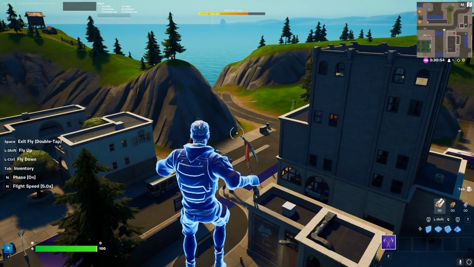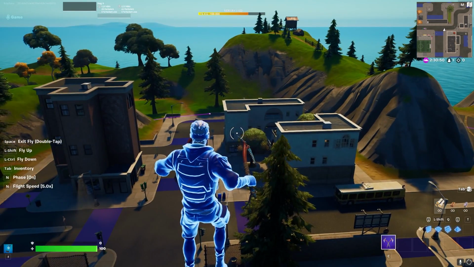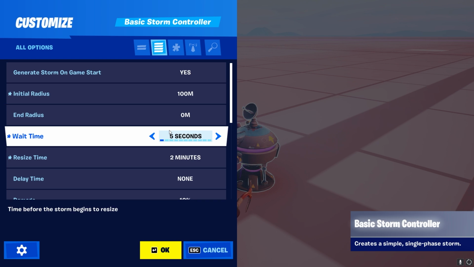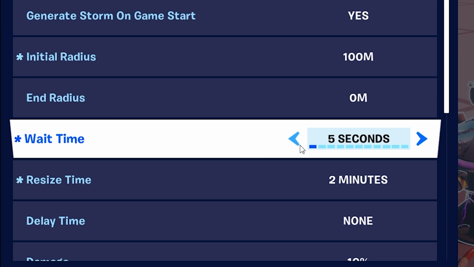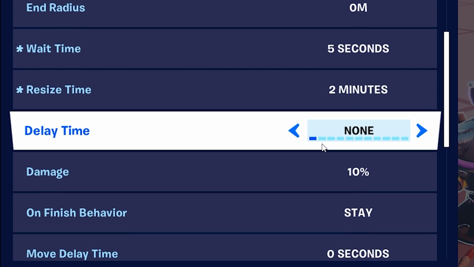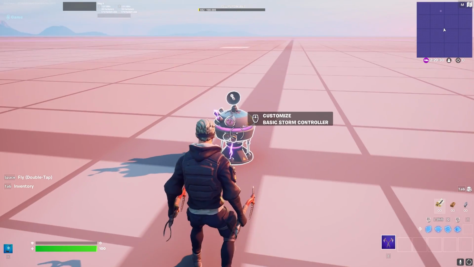Okay, so now that we know our storm radius is 100, we need to go in and actually make the storm. But we're not going to do this here. The basic storm controller is down. We have 100 meters. The wait time is 5 seconds. This is the slowest you can do, so it always starts on 5 seconds. And the resize time is 2 minutes for now. You could technically also use the advanced storm controller, but I think for our case, it's just enough to use